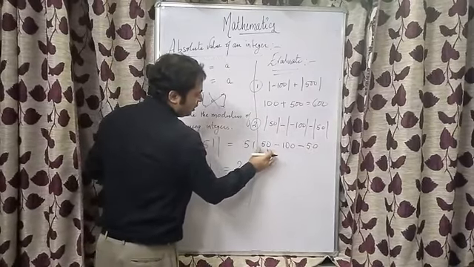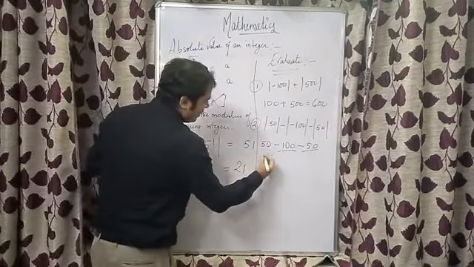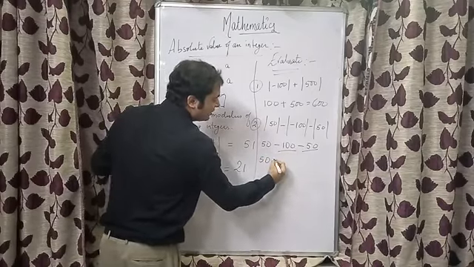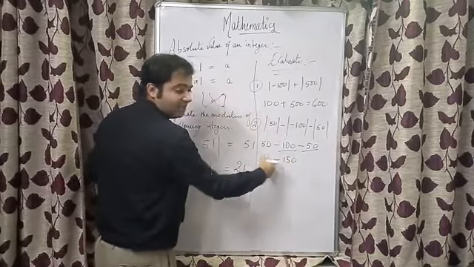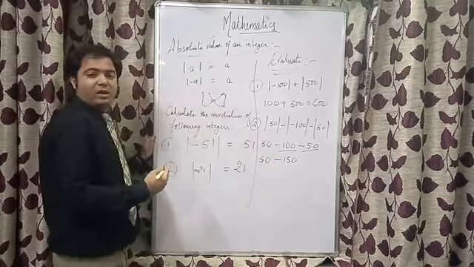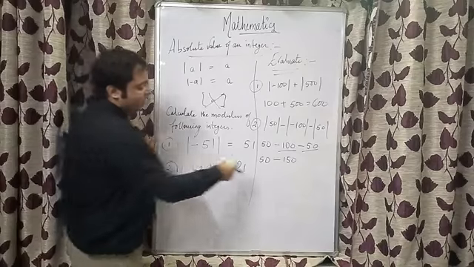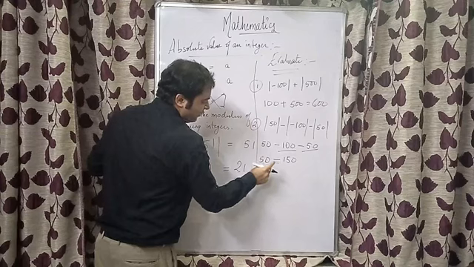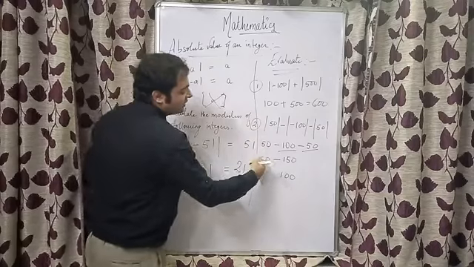Now we have got one positive integer and two negative integers. So what we will be doing is 50 will remain as it is. Both the negative numbers will be added together and the sign of negative will be put. It will be minus 150. Now plus and minus we have got. One integer is plus and the other is minus. When we have integers that have got different signs, in that case we subtract the smaller integer from the bigger one. That is 50. 150 minus 50 will give us 100 and then we put the sign of the bigger integer.